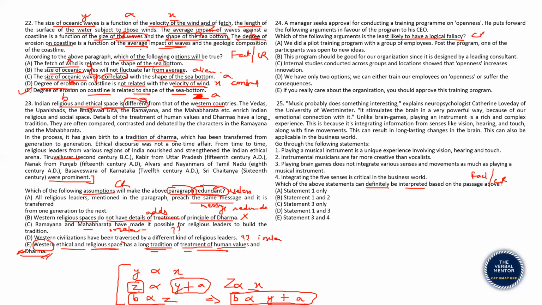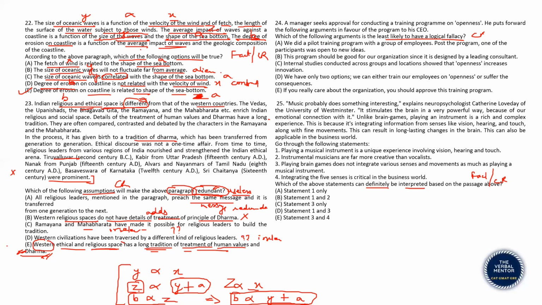Had the question asked, which of the following assumptions would contradict the paragraph, option E is the answer, but make it useless, redundant. I don't know. Maybe E, maybe some other. So a question not worth attempting. Don't attempt this question. My best guess would be E, but there's negative marking.